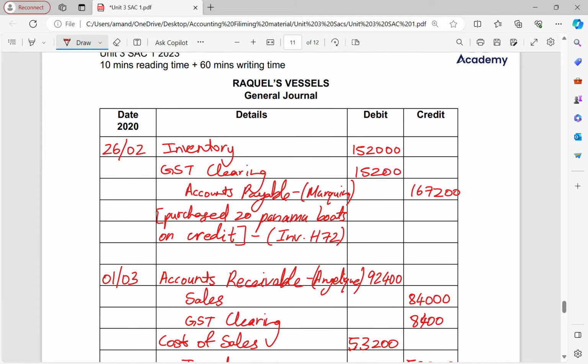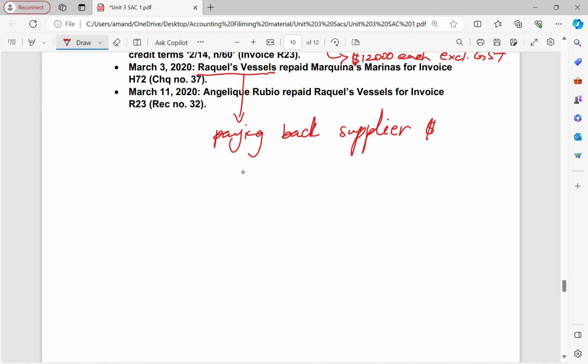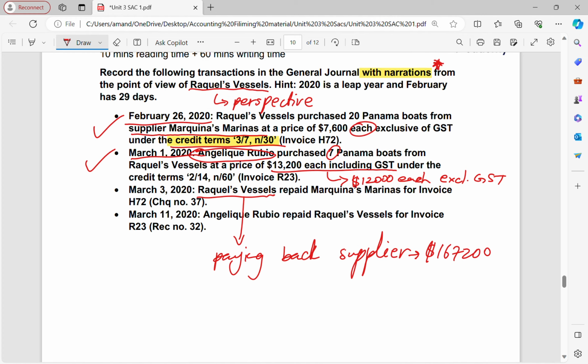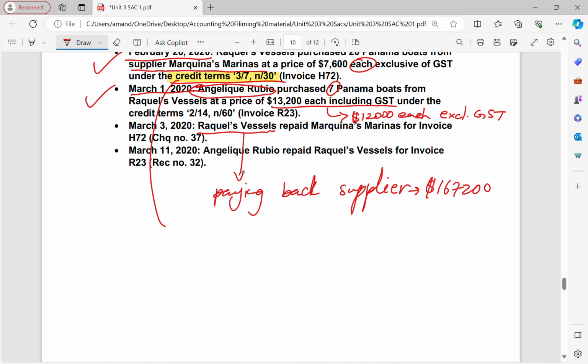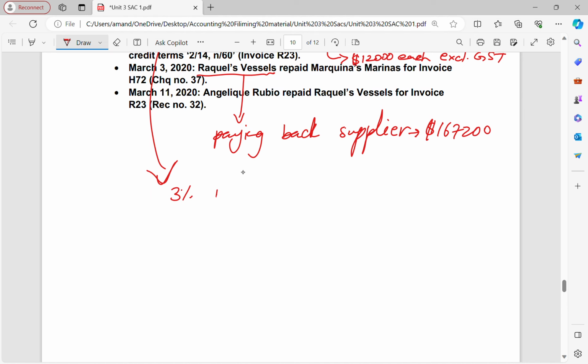Right, and we know they were supposed to pay back the supplier 167,200. But there is a discount offered, which is here, which is